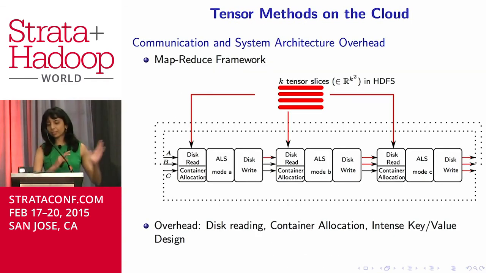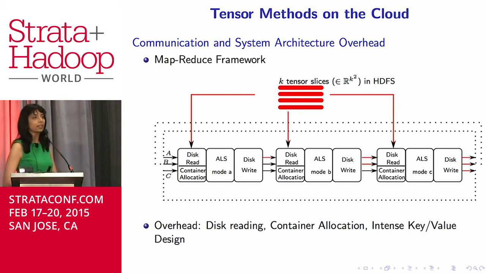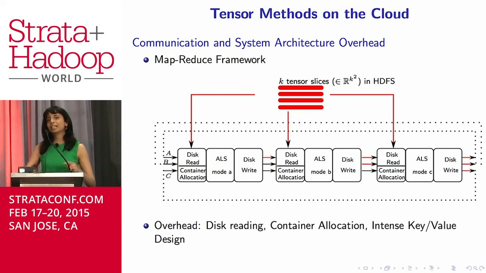And the other thing is to go to the cloud, right? So if I have very large amounts of data, I'd like to parallelize it across multiple machines. And these tensor methods are also very suited for that, but not on just the basic MapReduce framework. If you just do the basic one, there is just too much overhead because of a lot of disk reading and allocation in every iteration. Right? Because these tensor methods are iterative,